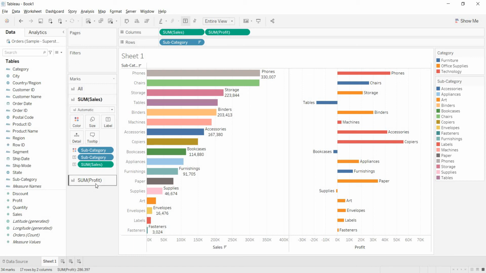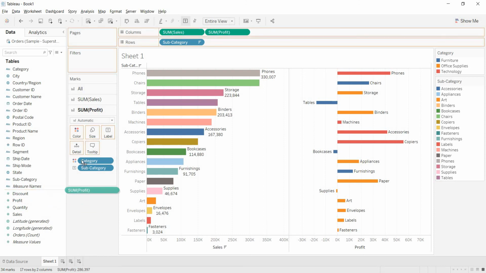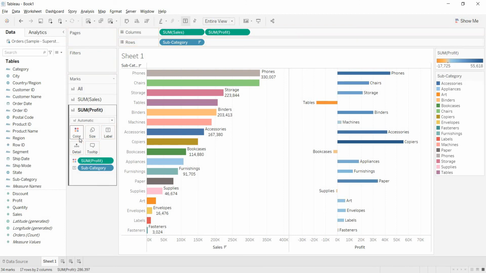Now again I am going to the sum of profit marks card. Here, instead of category, I am coloring with sum of profit. See, now for this view we added sequential coloring. For this axis we added discrete coloring. That means we used dimensions.